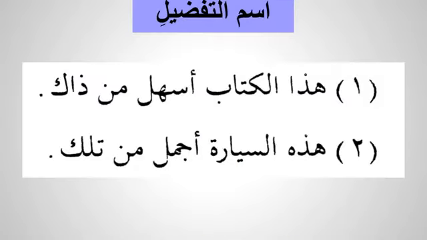We're going to do some sentences just to give us some practice. If you see here, it says Hadal kitabu. Hada is the mubtada followed by al, which is badal. So we say this book. هذا الكتاب أسهل. أسهل is your khabar, and then you have jar majrur. So then we have ismu tafdil, أسهل min. So أسهل is followed by min, that means comparative.